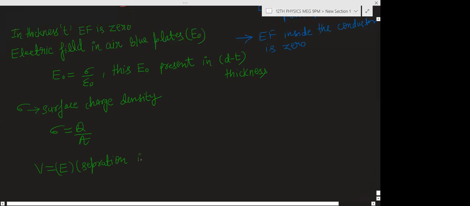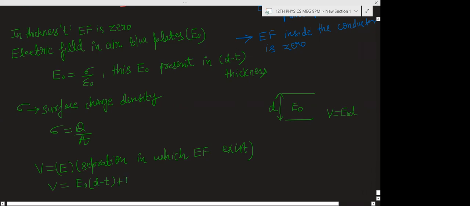Earlier, in the whole region d the electric field E naught existed, that's why I wrote V is equal to E naught into d. Now I will write E naught into d minus t,